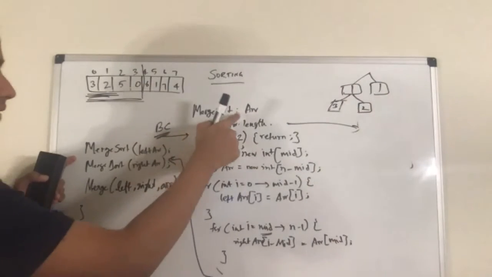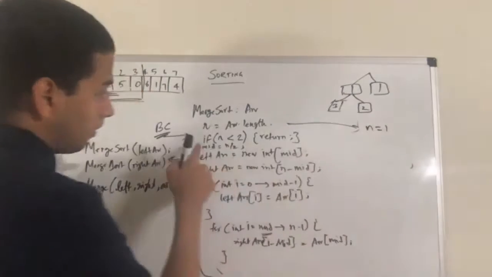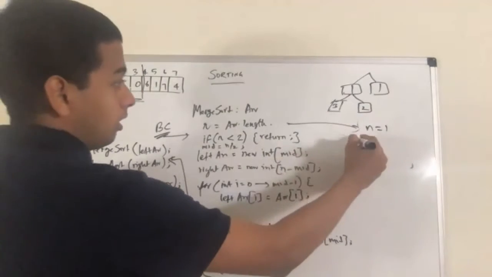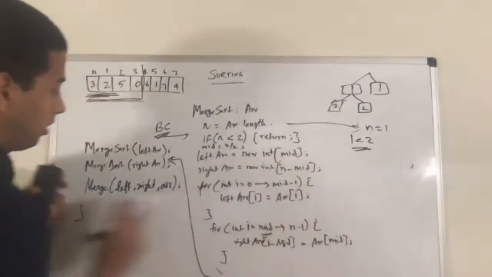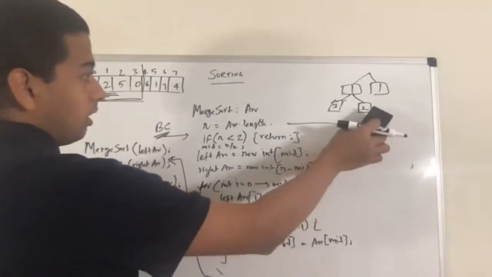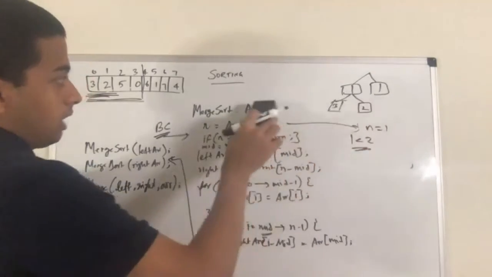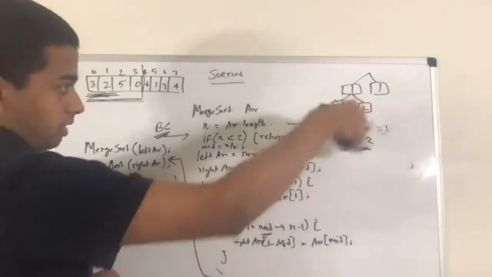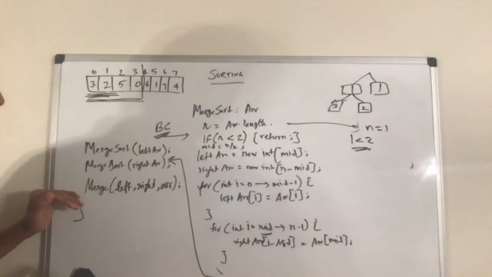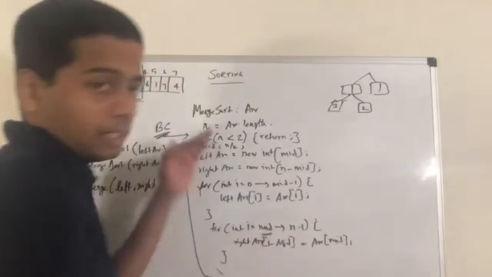So it will come to 3 as the value, n equal to array dot length. So n equal to 1. We are checking if n is less than 2, return. So 1 less than 2, it's true. So it will return. So it will simply come to this place and call merge sort of right array. So now the array will be just 2. This will be the same situation. So it will come to the merge place. So in merge, what should I do? Okay, hope you have understood until this point.